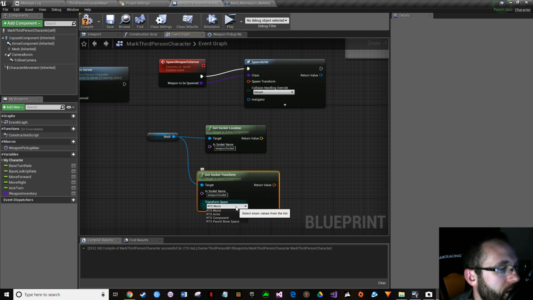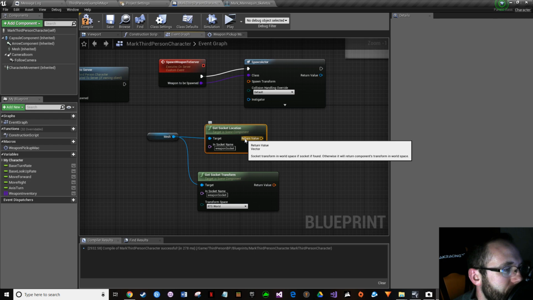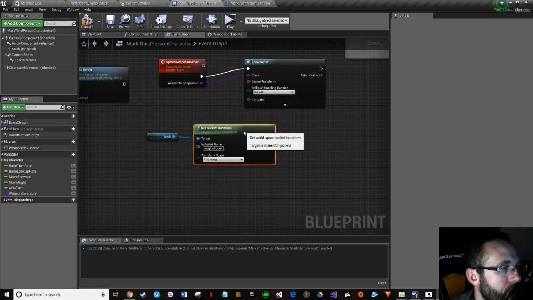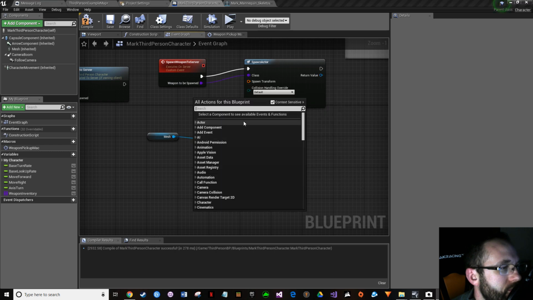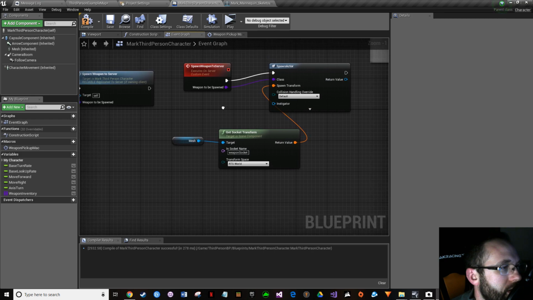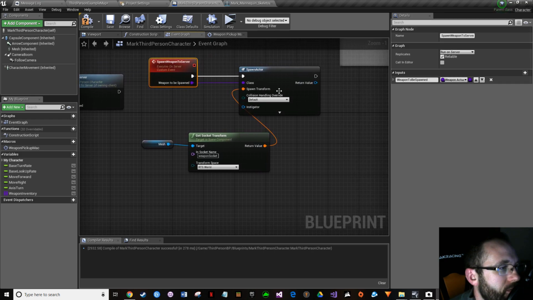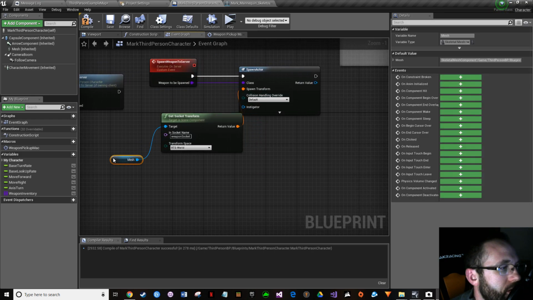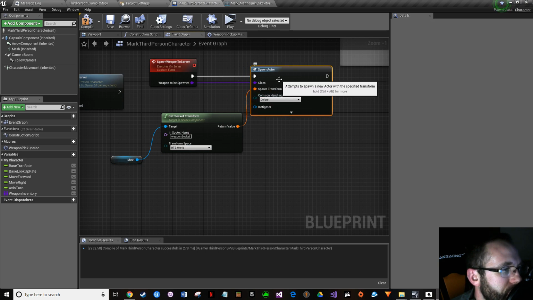Okay. I think it's supposed to be world, but I'm not sure. We'll just leave it like this and see if it gives us any problems. Delete this location. Just go ahead and put that in there like that. Oh, if it lets you. Okay. So now we've given the SpawnActor function here